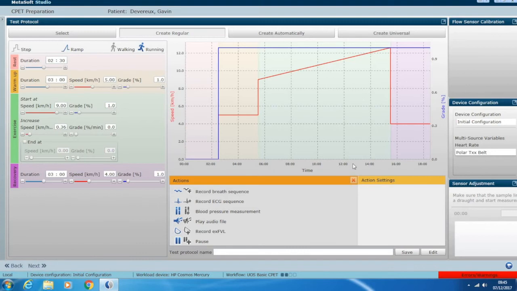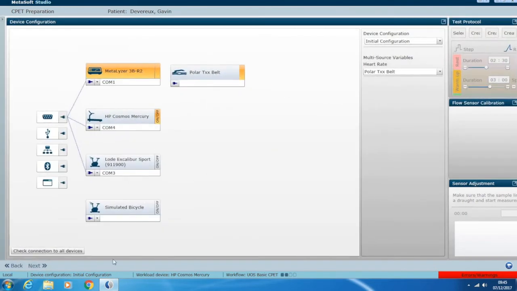So once you've chosen your protocol, if you just look over to the right-hand side now, we've got two further boxes, and we've got one which is device configuration. As I move the cursor over to the right-hand side, it turns into a hand shape. Click on device configuration, and you now get all of the things that can be attached through the metabolic cart